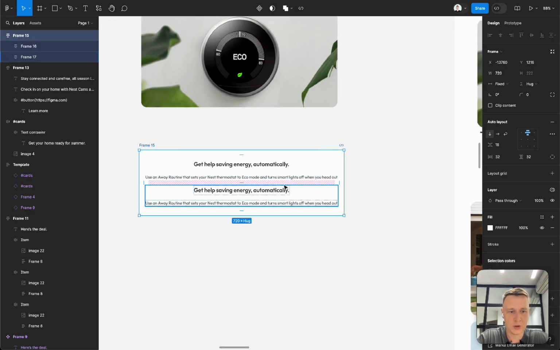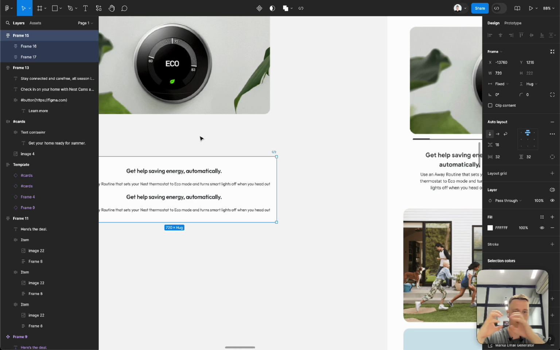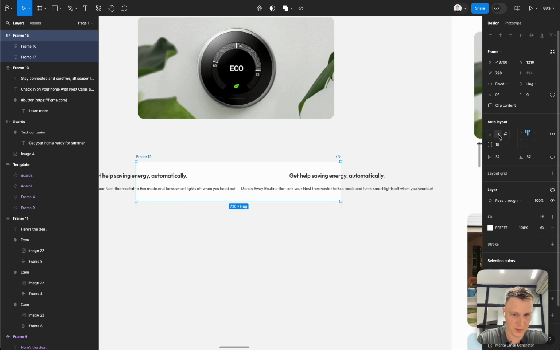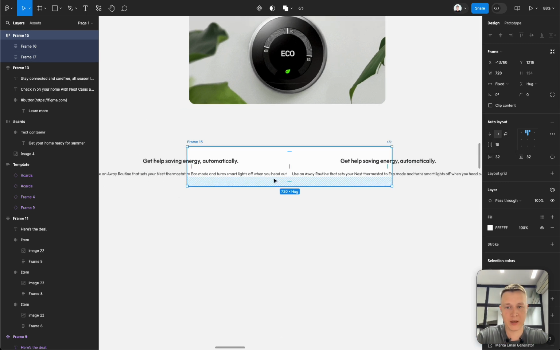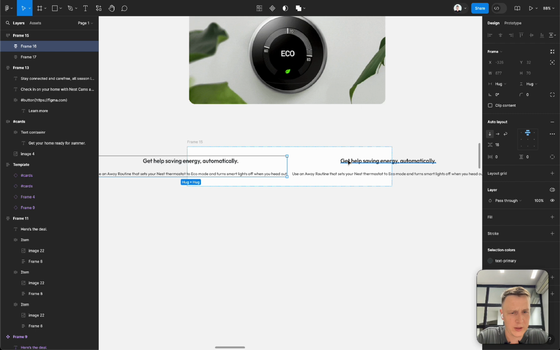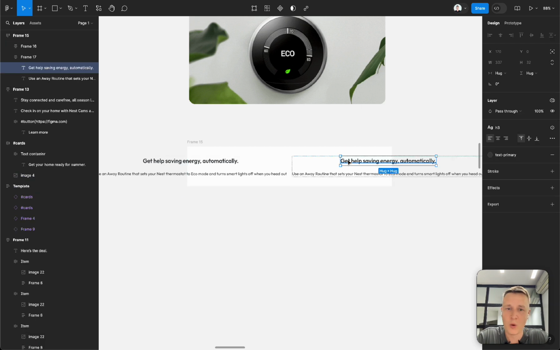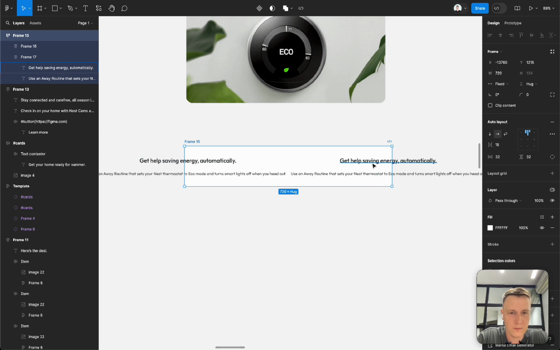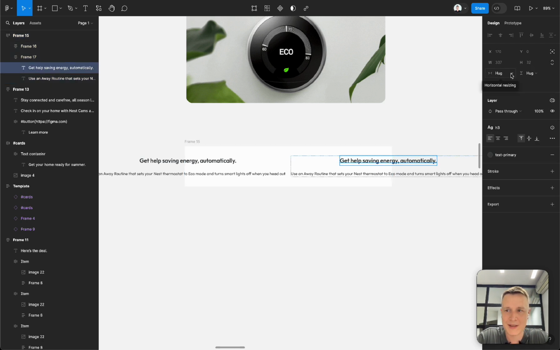Let's switch to horizontal auto layout frame from vertical. To do so, we select the parent, then go to the right sidebar and set horizontal layout. Looks fine, but it seems like we need some adjustments. Why does this block look strange? This is because of width settings of the text. It said hug, but